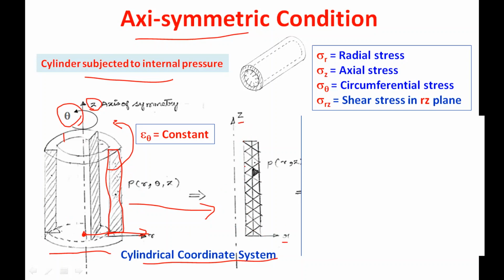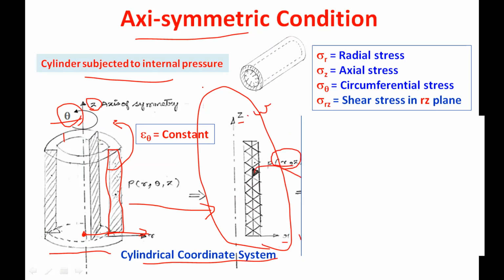In this plane, we model only this rectangular cross section, and in finite element analysis we will discretize this rectangular cross section using a two-dimensional element. It may be a triangular or rectangular element. Here we are concentrating on the triangular element. So our analysis will be only in 2D, in this RZ plane. Here I am showing it discretized by triangular elements like this. Now since the theta coordinate is independent, we will have only the RZ coordinates.